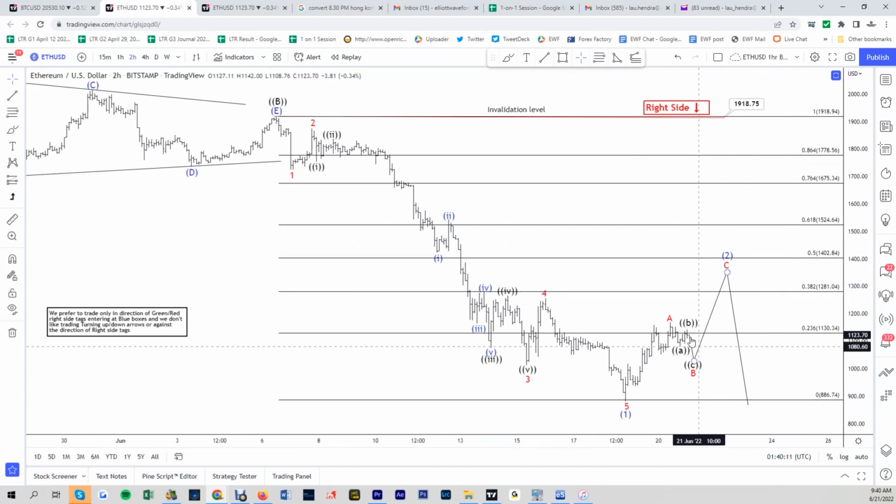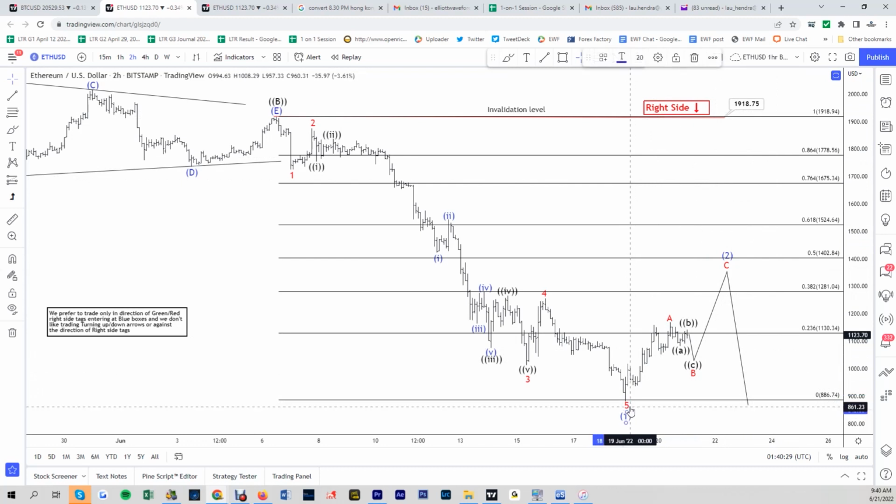if we want to call it a wave 2, right? Now if we go down from here to a new low, then typically this is too shallow to be a wave 2. Then maybe we have to extend lower within the wave 5 still, if we continue to extend lower from where we are. But the idea is that as long as the rally stays below 1918 here,